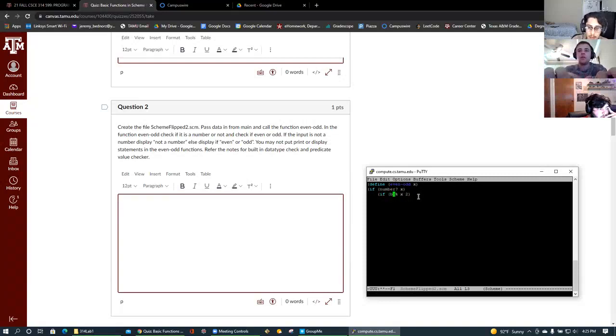Like the example on page 3. Do the if Boolean and then that expression. Oh, okay, so if boolean, like that. I think you need a space in between. Yeah, there you go. So if that is true, you would display